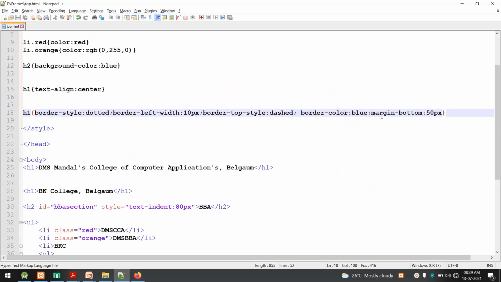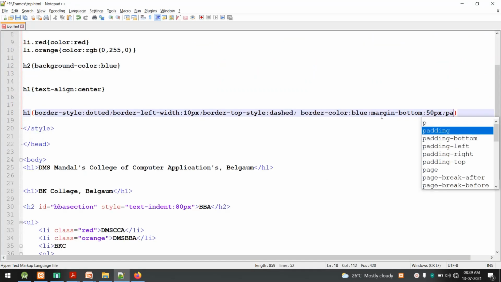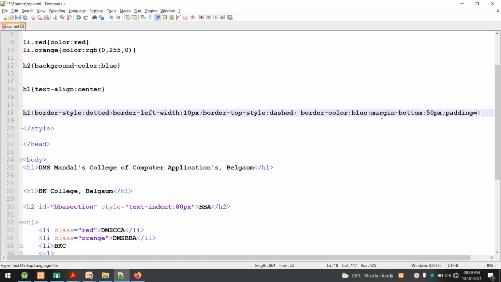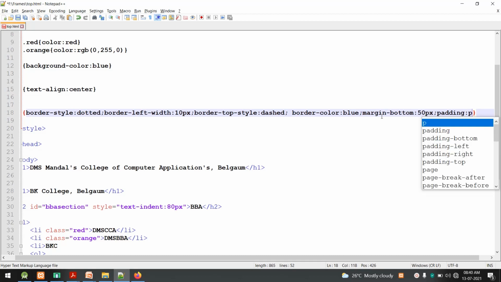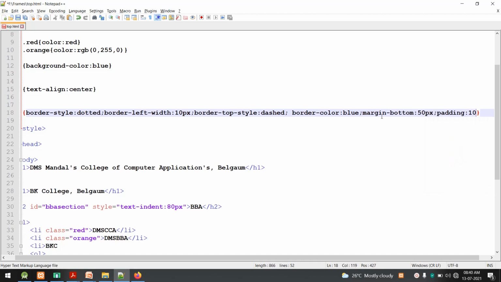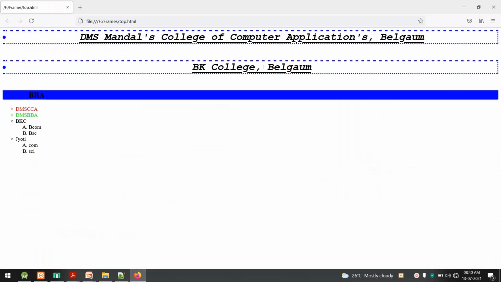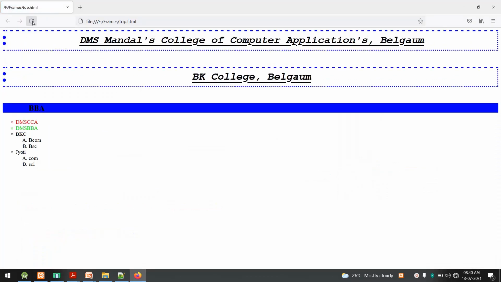So here itself I'll add one more, that is padding, say 10 pixels. You have to use a colon here. Now you can see the distance has been increased between the content and the inner boundary. So you can increase the distance by using padding.